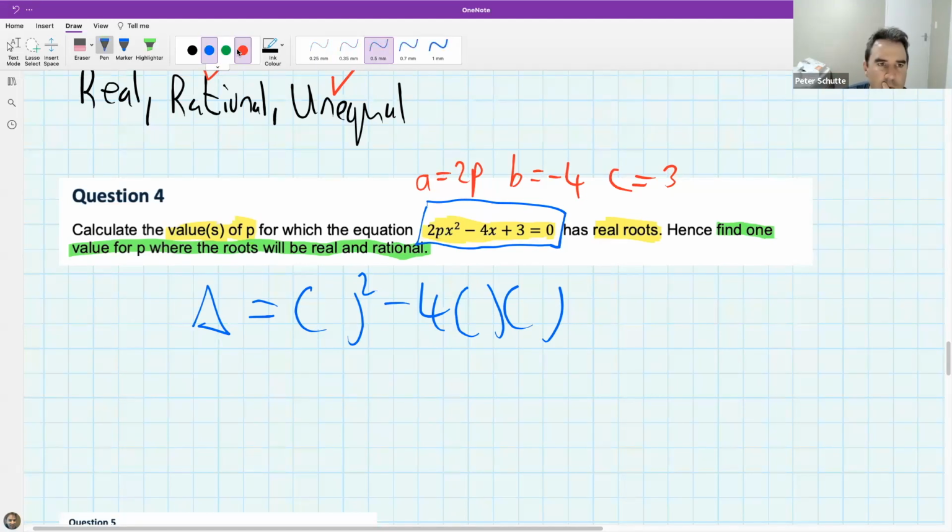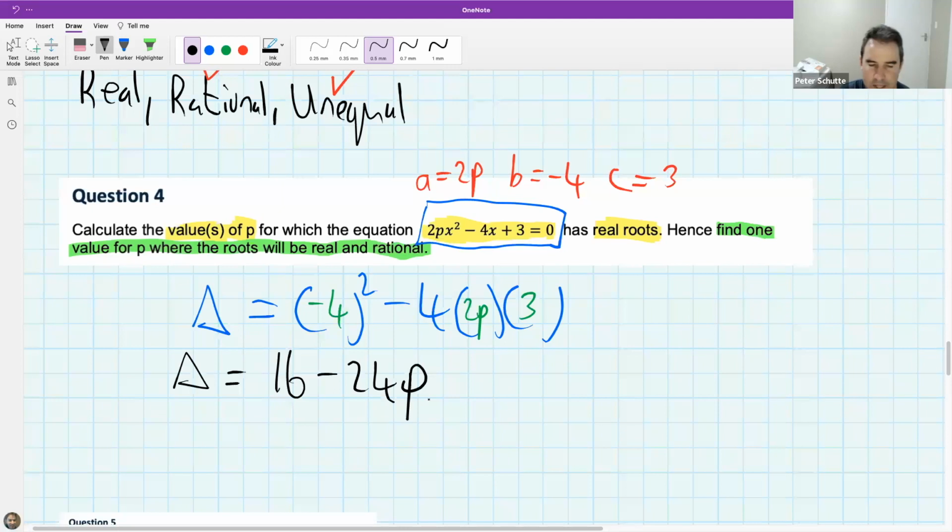So let's have a look. What can we put here? B is minus 4, A is 2P, and C is 3. So delta would be 16 minus 24P. And this is the toughie, so that's why we're ending with this one. Now,